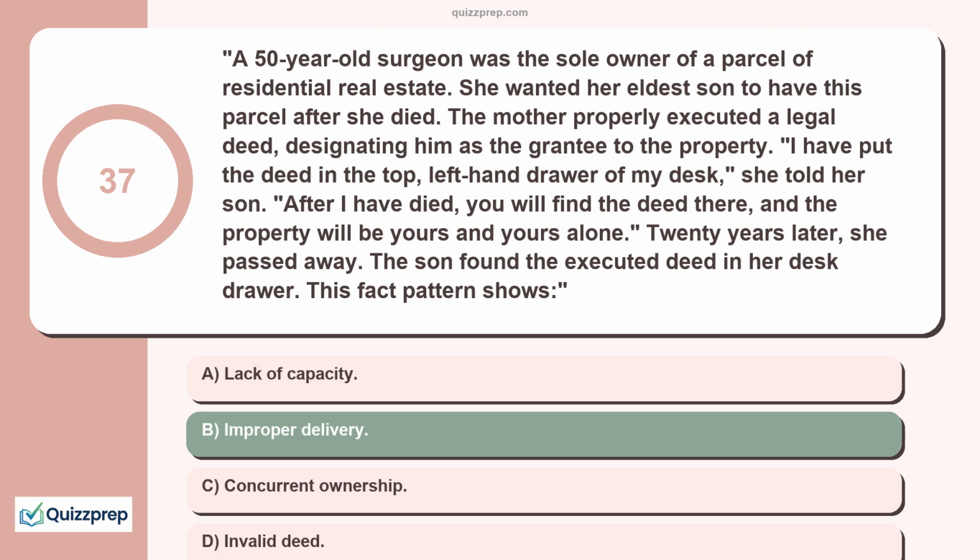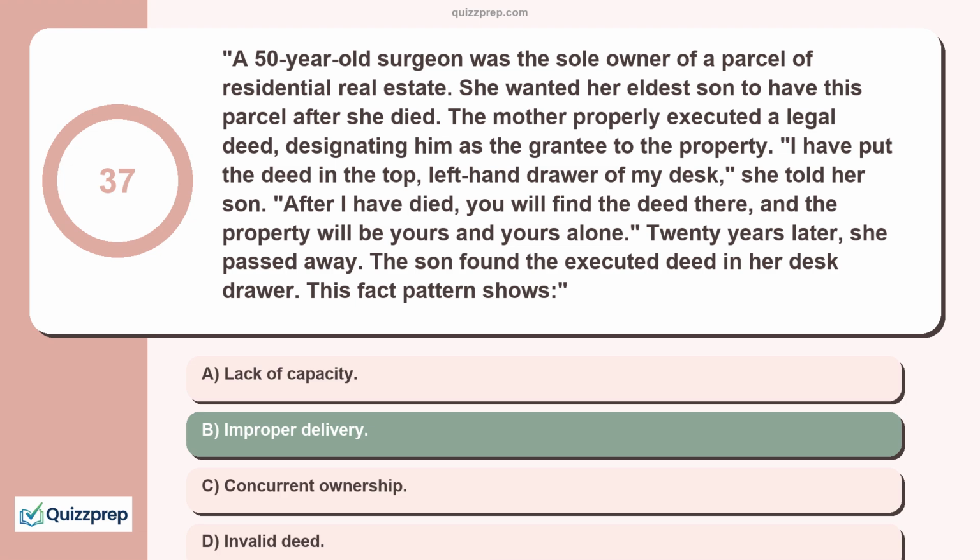These facts reflect improper delivery of the deed. In order for title to transfer, there must be a valid deed as well as delivery and acceptance of the deed. A deed is delivered when there is intent to convey the property. Here, there was not even an intent to convey the property during the lifetime of the grantor. If the mother did not want to convey her property until after she passed, she should have used a will, a trust, or, perhaps, a deed creating a life estate in herself with a remainder interest in the son.